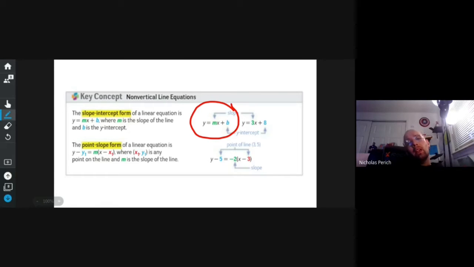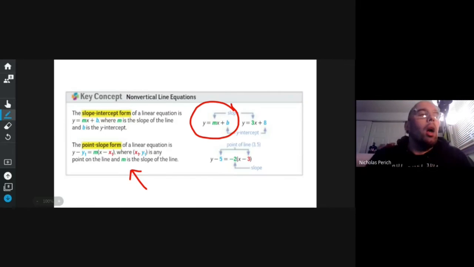You may or may not have seen this guy before. That's point slope form. Slope intercept form is called slope intercept form because it gives you a slope and a y-intercept. Neat. That's what makes graphing so easy when it's like y equals 3x plus 5, because I know 3 is the slope and 5 is the y-intercept. Cool. However,